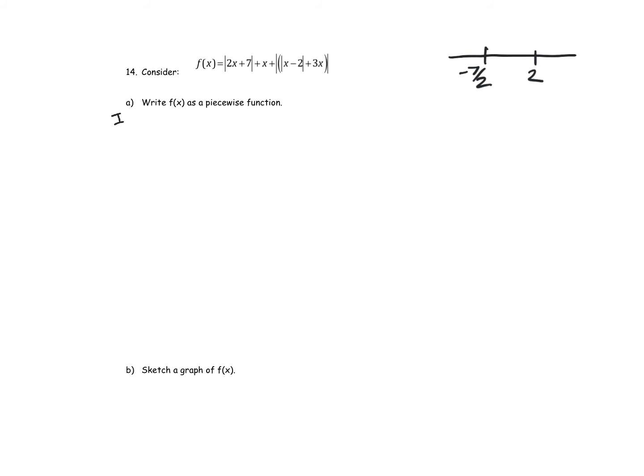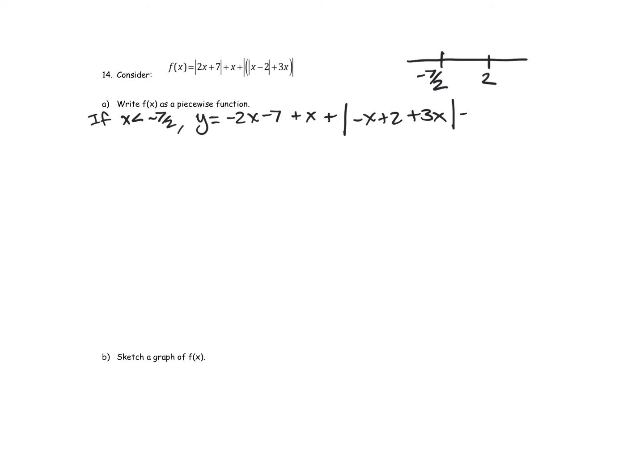We're going to start with if x is less than -7/2, then I'm going to have y equals -2x minus 7 plus x. X isn't inside an absolute value, so it's never going to change here. Plus, I'm not taking care of this outer absolute value, so that's staying right now. If I'm putting in values less than -7/2, x minus 2 is negative, so I'm going to have -x plus 2 plus 3x and the end of that absolute value. So cleaning this up, this first piece,